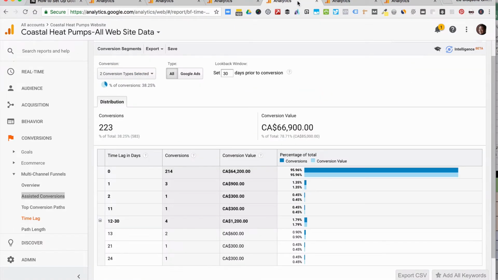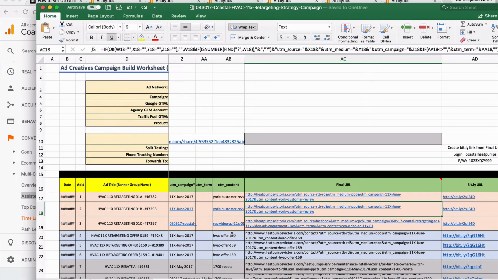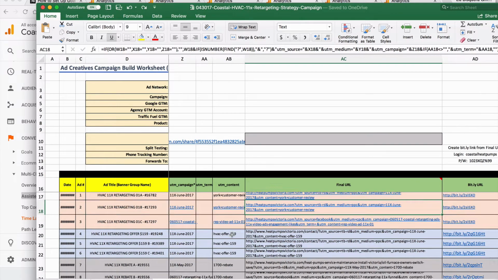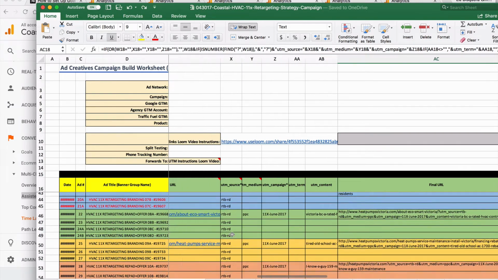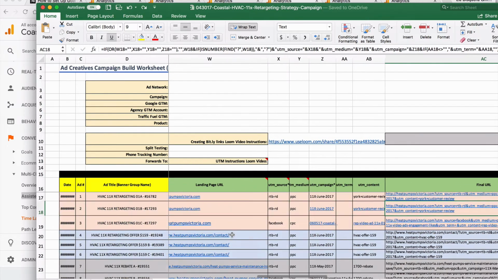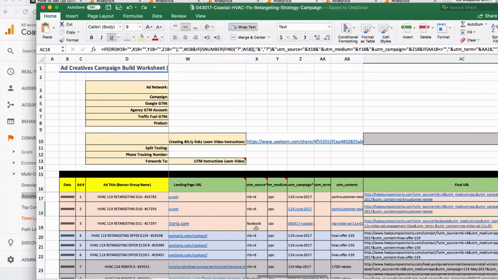But so, what are the three things? Going backwards, let's go back to the importance of building everything out in a spreadsheet, what I call my campaign worksheet storyboard, so that you have everything complete before you enter into the network. The second part is using UTM parameters to send trackable and usable data on each ad creative or ad content. And then,